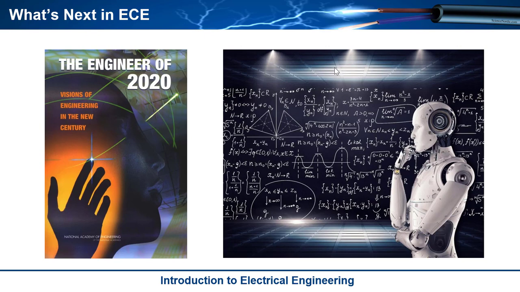Okay, and so it's a different type of electrical engineer, right? They're not going to be able to design circuits. They're not going to be able to do the in-depth signal processing. But there's a need for people that understand electrical systems at a higher level and can make decisions and manage projects. So I think that the engineer of 2040 is going to be a little bit different in terms of a workforce. You're just going to have a wider variety of types of people that call themselves electrical and computer engineers.